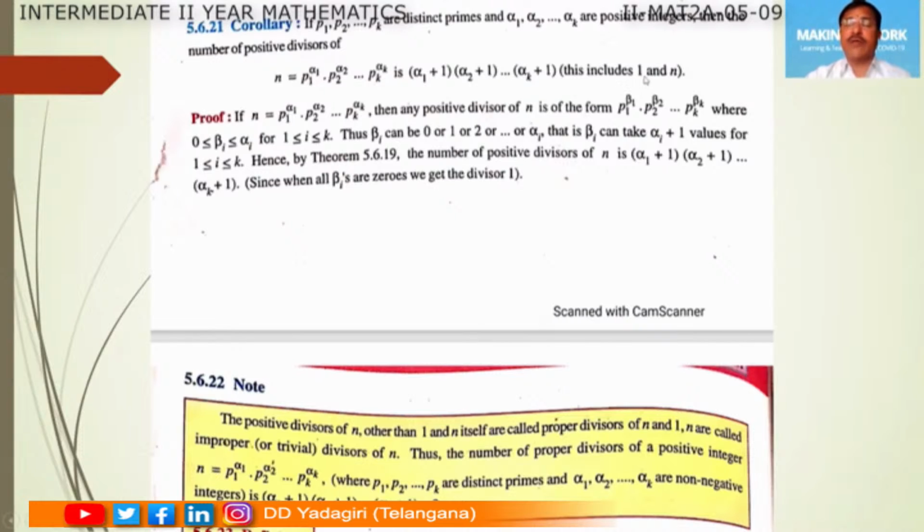So this includes the given number n and 1 itself. You know that 1 is the divisor of any number and every number is divisible by itself. So the minimum number of factors of any positive integer is 2. 1 and itself are the minimum factors. If it is a prime number, it will have only these 2 factors, 1 and itself. And if it is a composite number, other than these 2 factors, it will have some other factors also. So this is the theorem to find the integral divisors of a given positive integer. So I will explain this with